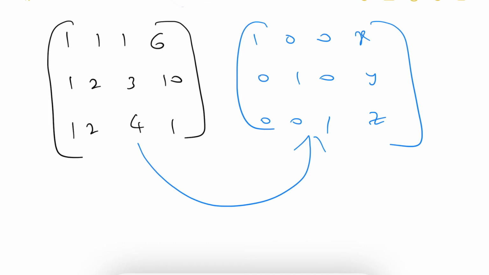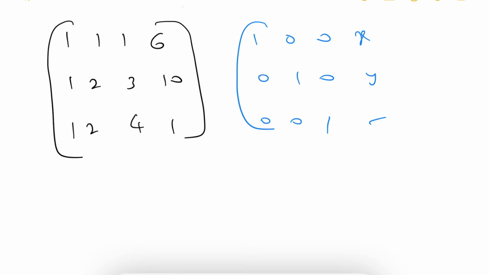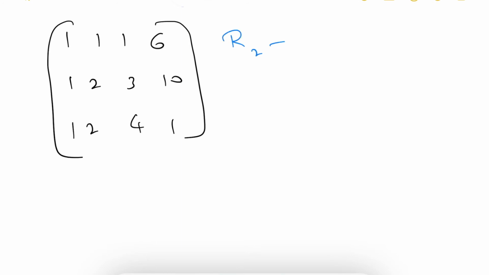So in this process I will change some rows and I will do some modifications to all the rows wherever it is necessary. Okay, then let us move to it. So first what I will do is change R2 to R2 minus R1 so that I will get zeros. In the same way, R3 also I will change to R3 minus R2. In this also I will get some zeros.